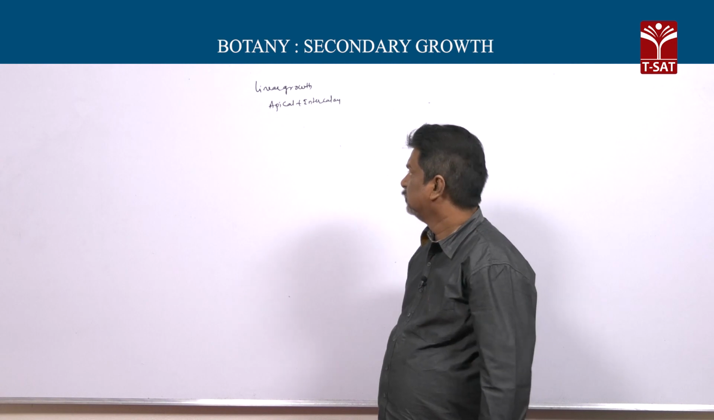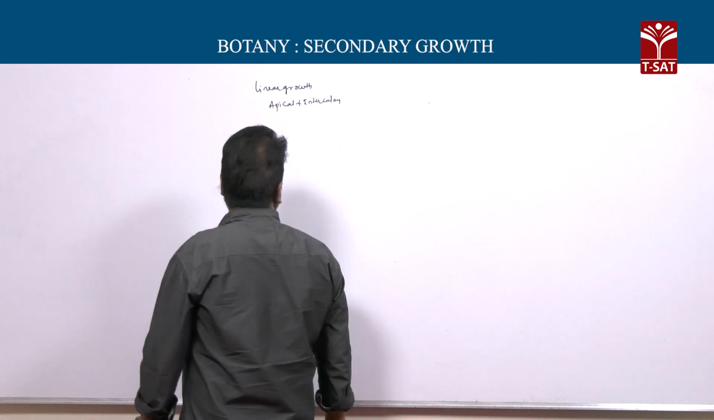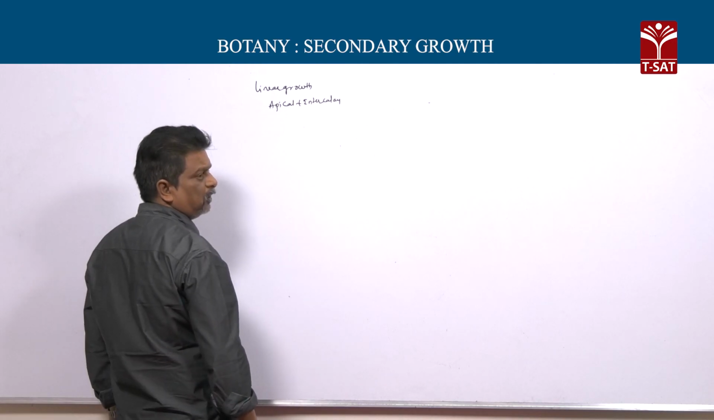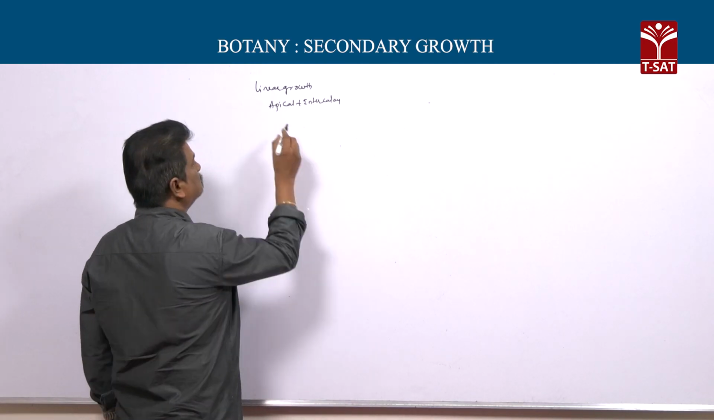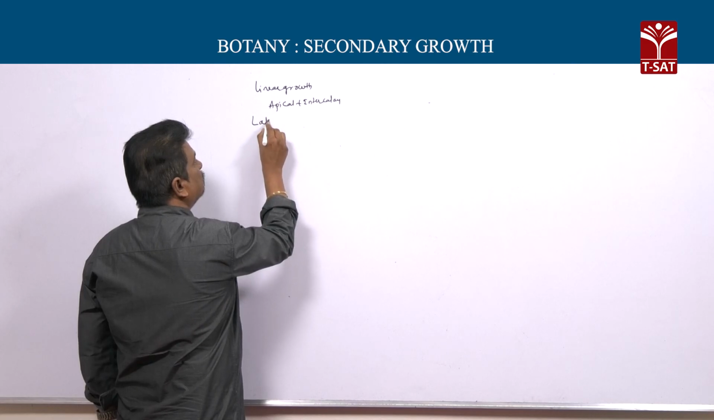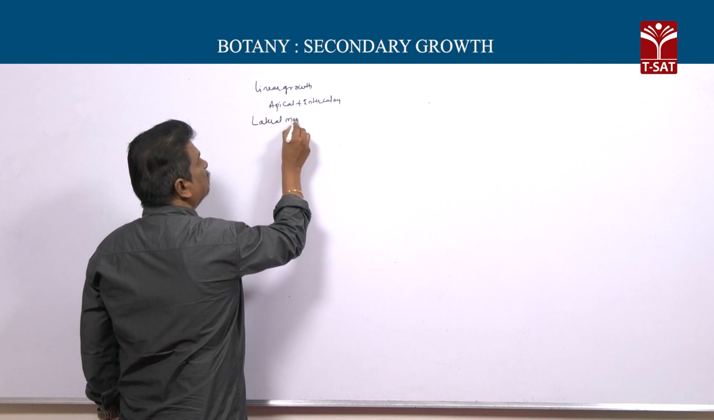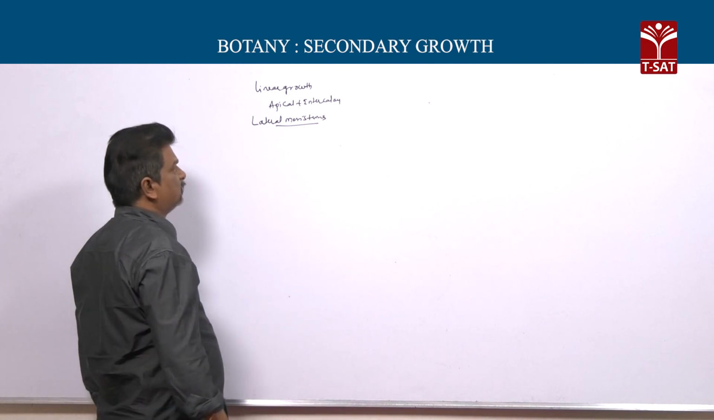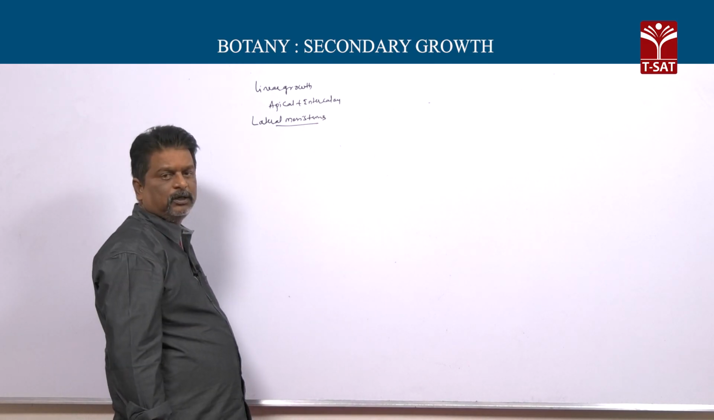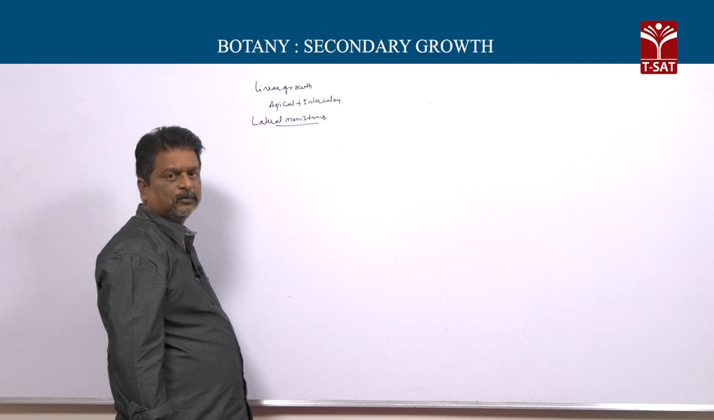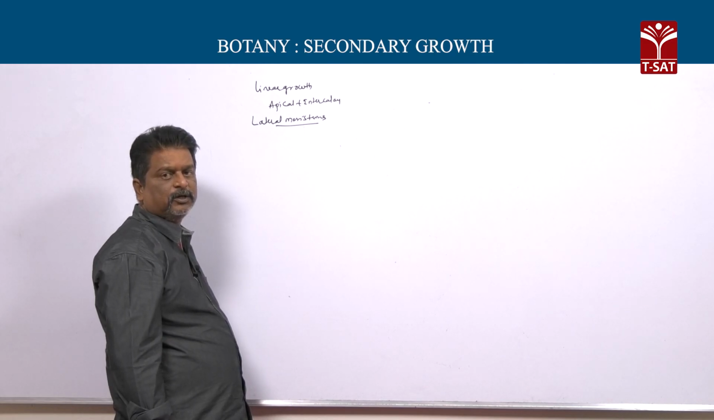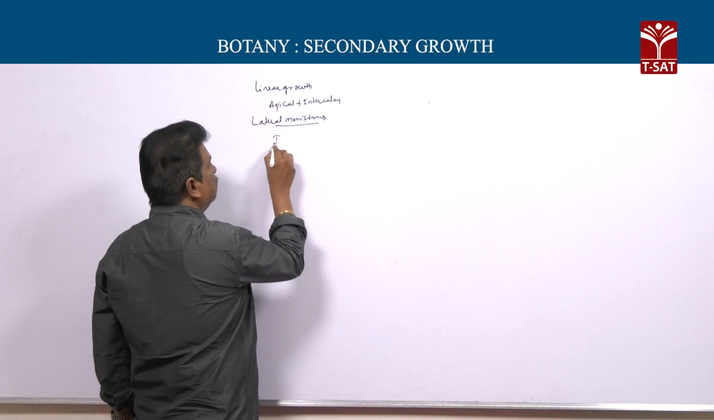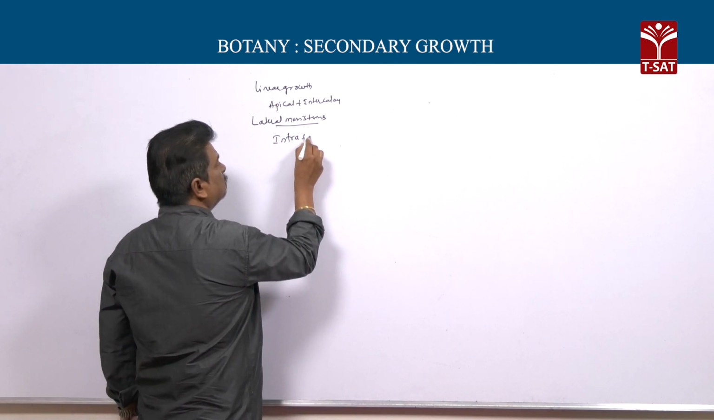But next one, growth in girth, it means increase in thickness or diameter or girth. It takes place by lateral meristems. So, increase in thickness by lateral meristems is called secondary growth. Generally, lateral meristems are